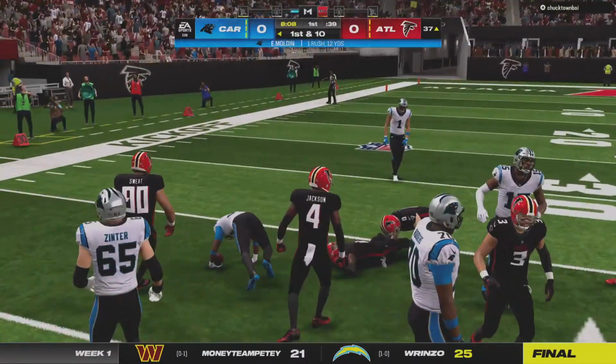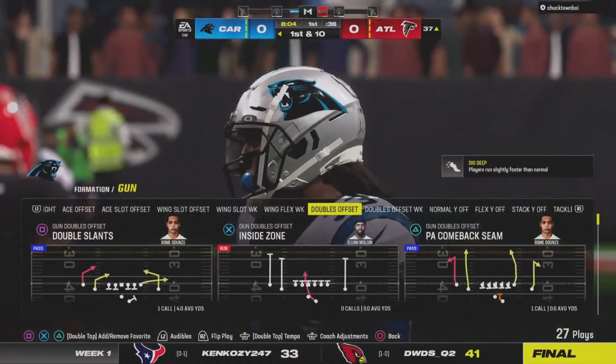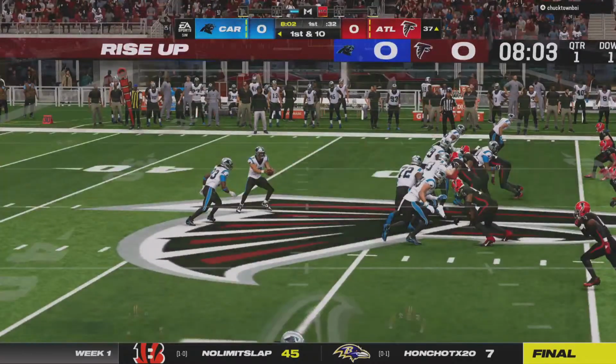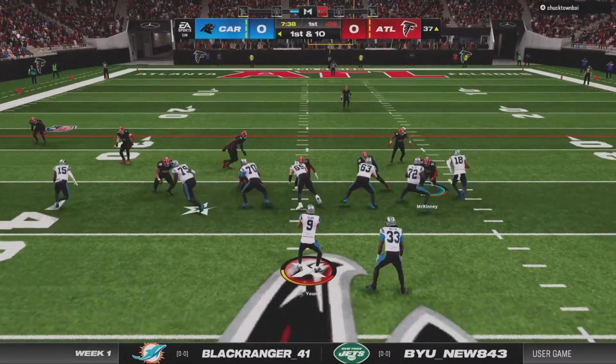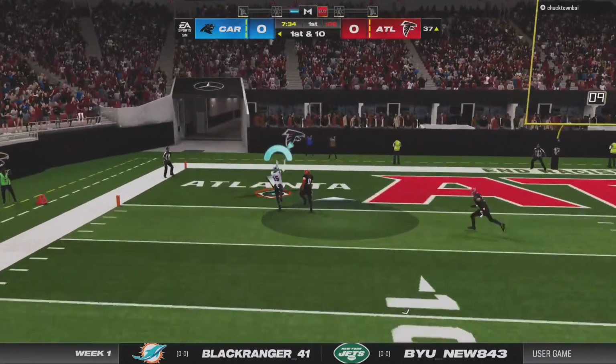And they nearly sprung him that time as he takes this all the way down to the 37. The Panthers have the first. It's a gain of 12. Those are the types of runs, Charles, that they say this first-year running back can provide a lot more of in the future. He made it look easy, didn't he? Picking up that 1st down. Some have described him as a diamond in the rough with a lot of...